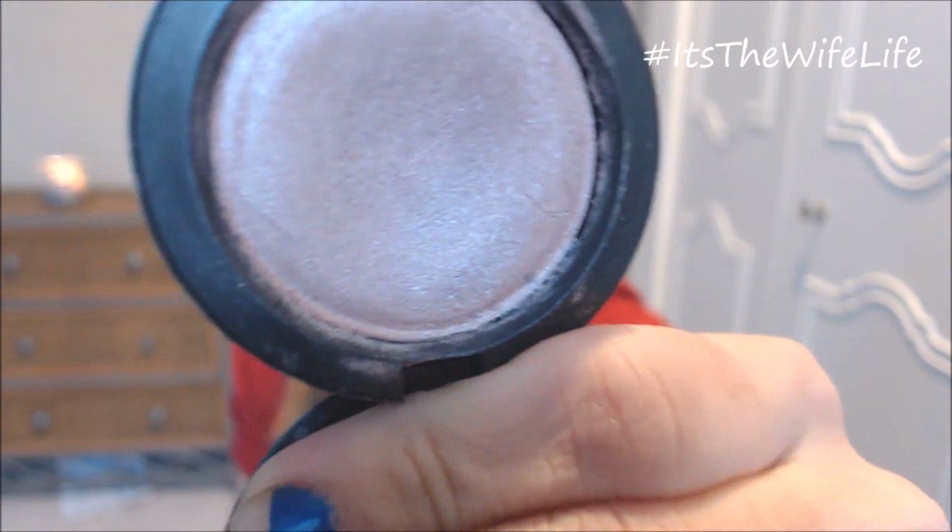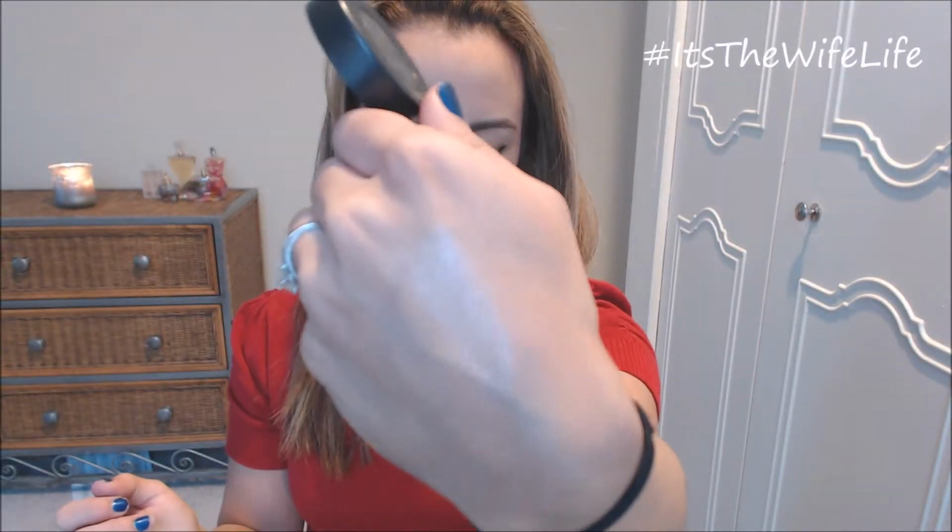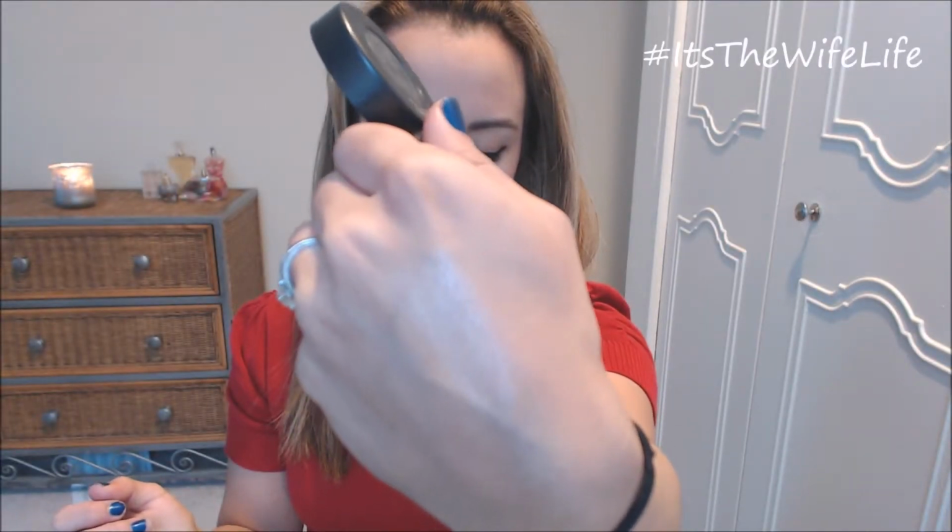For my highlight this month, I've been using MAC's Cream Color Base in Shell. If you guys can see, it's really shimmery, really pretty, and the consistency is nice. It's a cream. It's very shimmery. You don't need too much of it. I'm actually gonna put some on right now. This is great because it's, like I said, kind of a quick swirl and just apply, and it's nice and easy. I guess I've been liking things this month that are just more convenient more than anything,